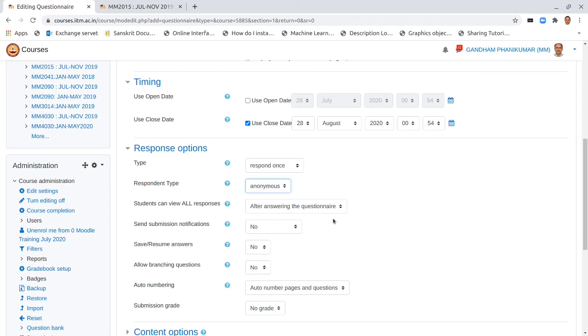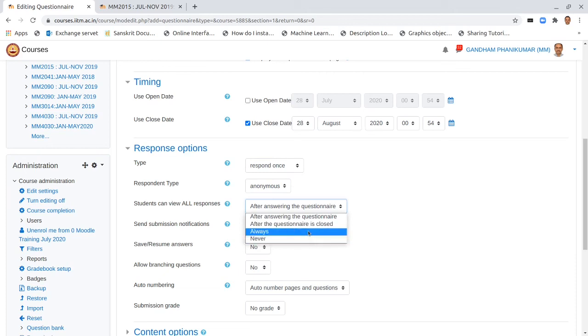And when can they see all the responses? Very often, as soon as they answer, if they are allowed to see, that's sufficient, because there is nothing that we are holding back from them until everybody has answered. So we can just leave it like that. Sometimes you may want to say that only after the survey is closed they can see the responses. Sometimes you can say that they can always see it or never.